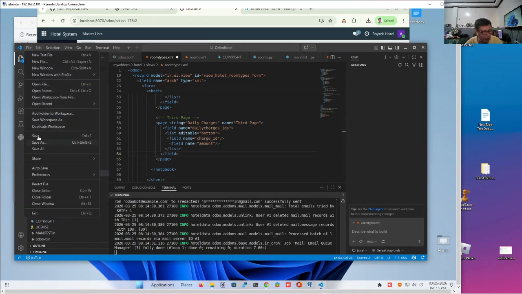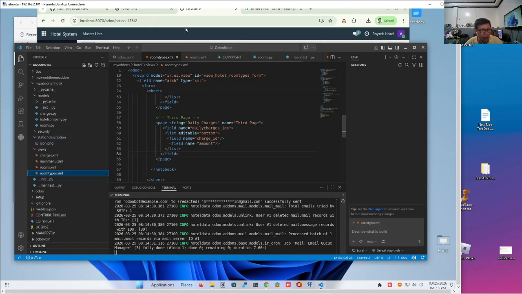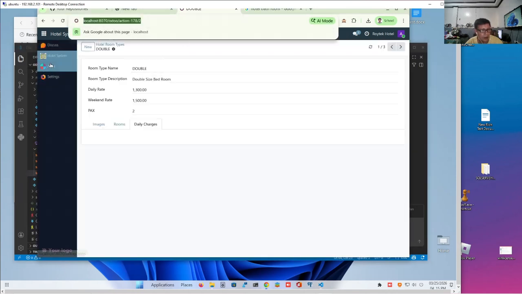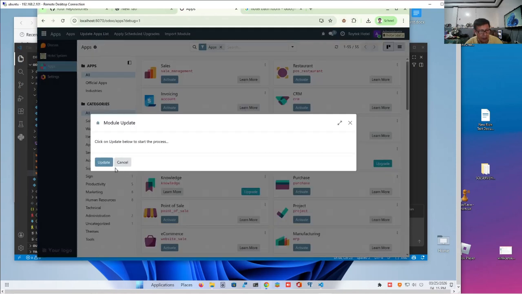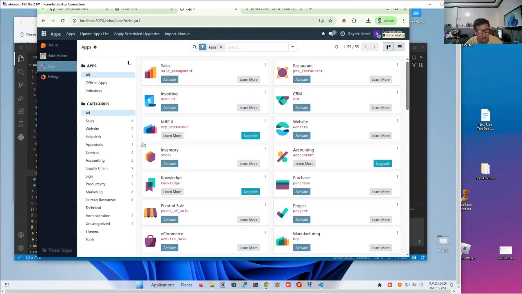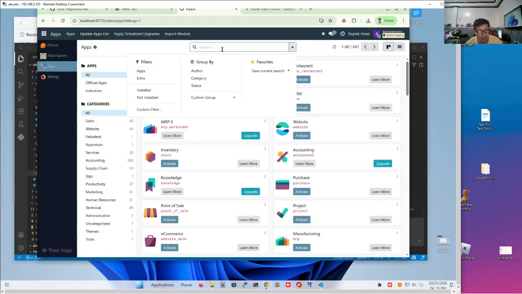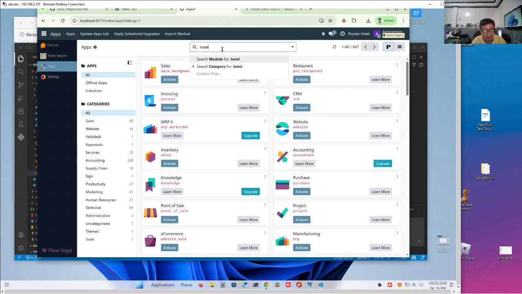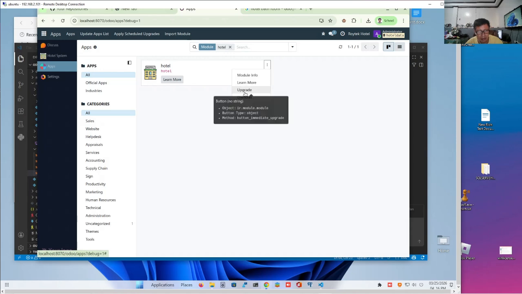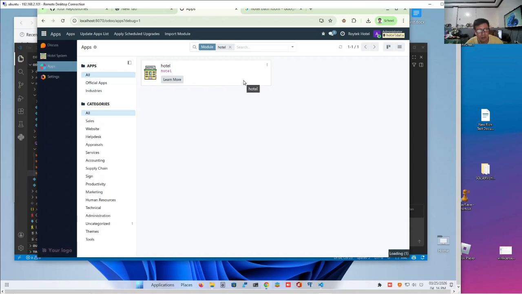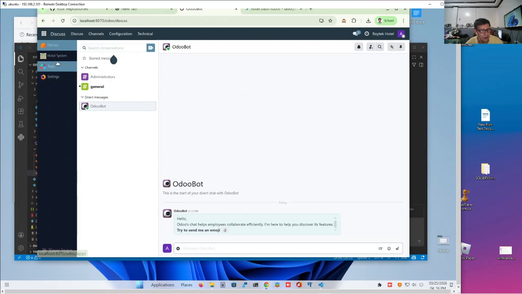We did not change the model, so therefore we can proceed to Odoo right away. Go to apps and then activate app list. Then activate the developer mode and the app list. And then upgrade our hotel model. Remember that during upgrade, all the models will be reflected to our database. I hope there's no error. There's none, so we're lucky.